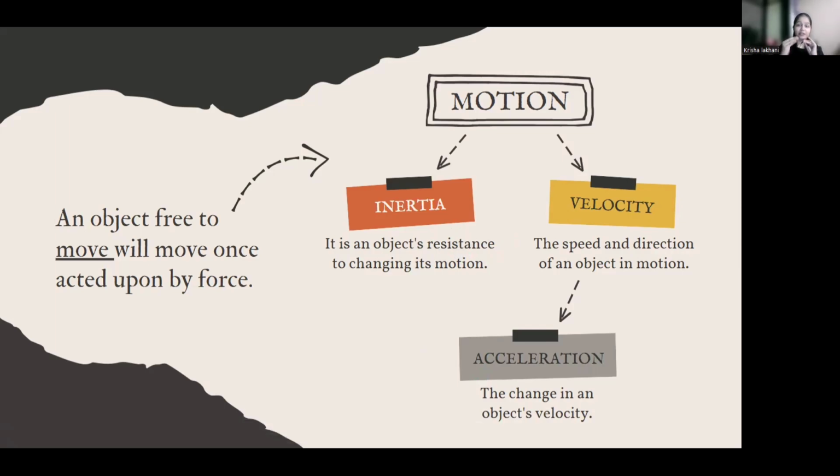मैं अगर एक जगह पे खड़ी हूं जब तक मुझे कोई पुश या पुल नहीं आता, that is called my inertia. Or an apple is kept at a side until and unless we pick it up and take it to ourselves, तब तक जो उसके अंदर energy motion है, that is the inertia. It is not moving. It is at the same place. It is at rest. So it is the object's resistance to changing the motion. Resistance means against. Always remember, resistance means against. तो against to the changing of motion.